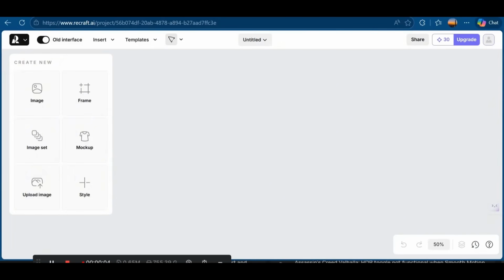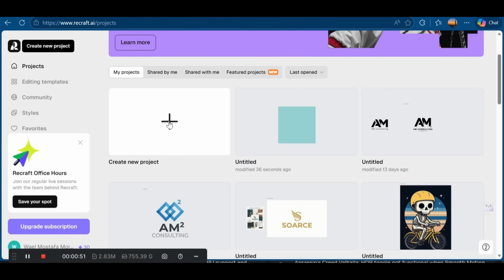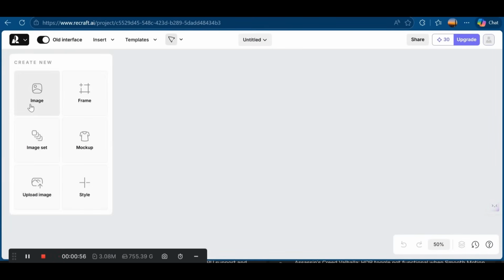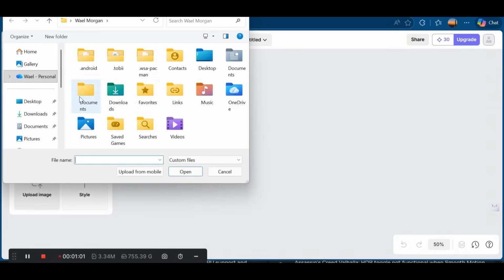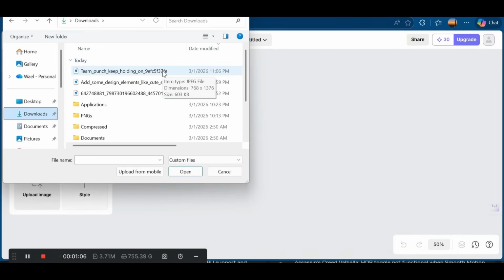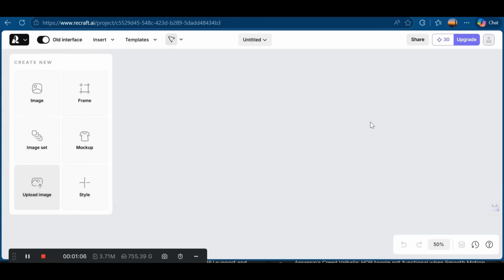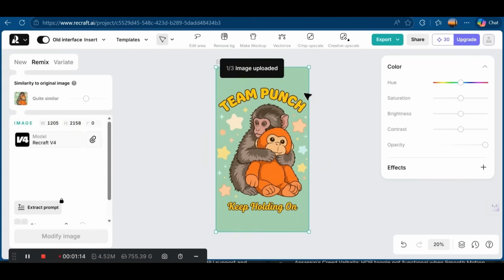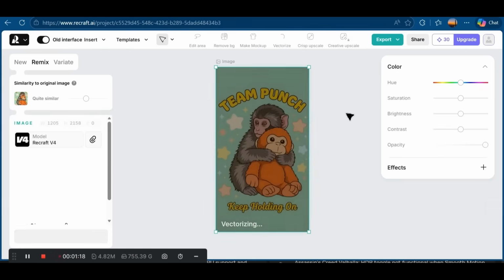So the second method is to convert your AI image to vector. And for this example, I'm using the Recraft.ai platform, which is also another platform that you can use for free to vectorize your images. So press on new project, upload your image that you have downloaded. For this example, I'm going to use the Team Punch design that we have downloaded from Google Flow. This is the image, and you can press on the vectorize button from the upper menu,